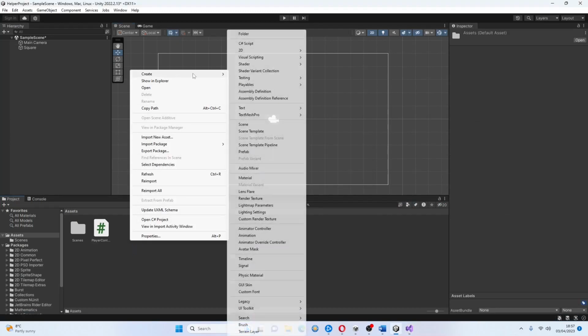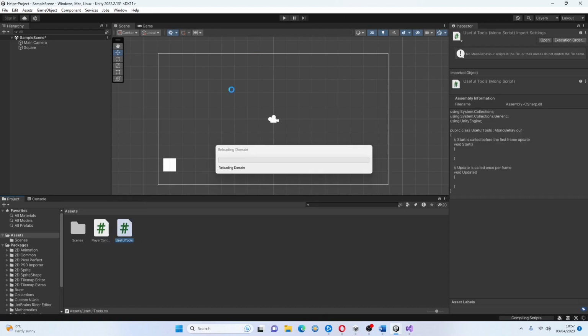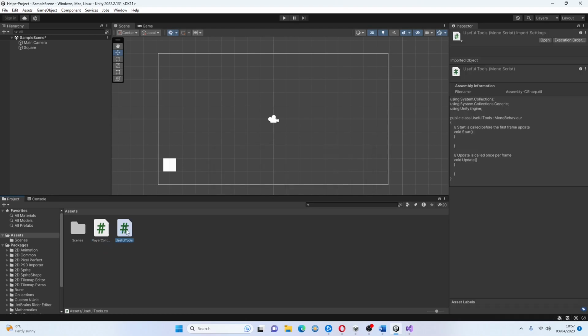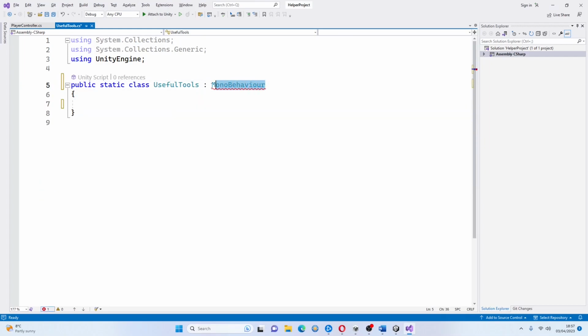I'm going to go here, create a C# script called UsefulTools. Now I'm not going to put it on an object. Crazy, I know. It's going to be a static class. Now, by being a static class, we can access it. Obviously, it doesn't need to inherit from MonoBehaviour. Actually, it could inherit from MonoBehaviour, but no, it won't because it's static. Can't. So we're going to put useful functions in here